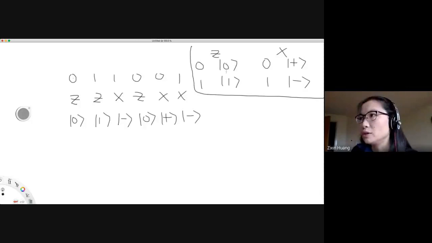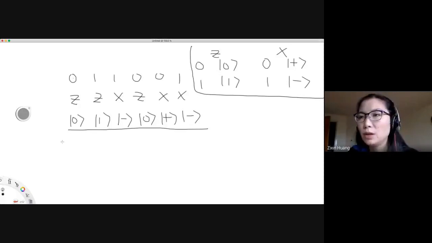So remember, of course, the 0 and the 1 are orthogonal to each other, and the plus and the minus are orthogonal to each other, but the 0 is non-orthogonal to the plus or the minus. Sorry, the 1 is also not orthogonal to the plus or the minus. So now she will send this to Bob,